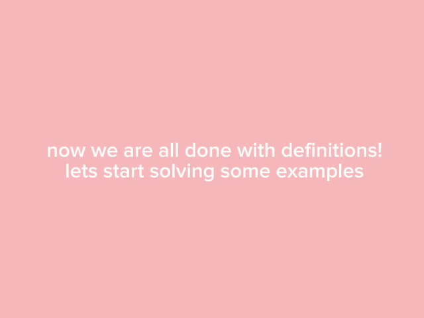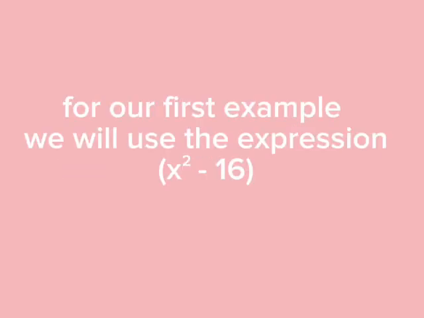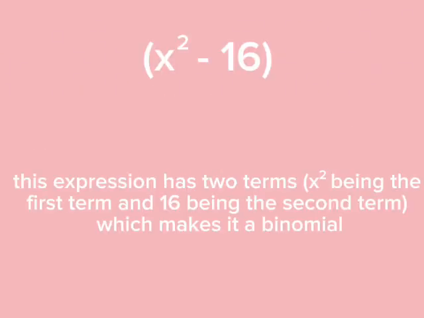Now we are all done with definitions. Let's start solving some examples. For our first example, we will use the expression x squared minus 16. This expression has 2 terms, x squared being the first term and 16 being the second term, which makes it